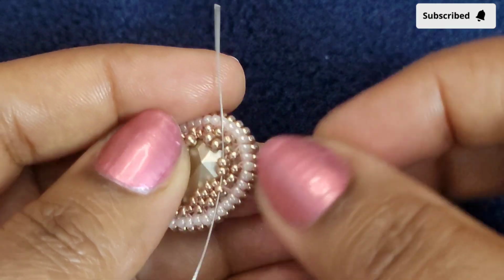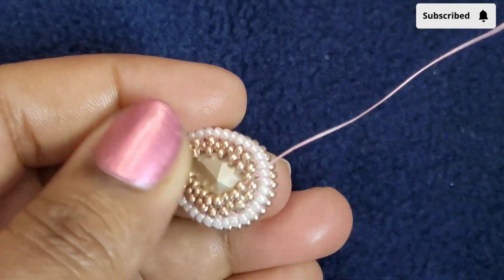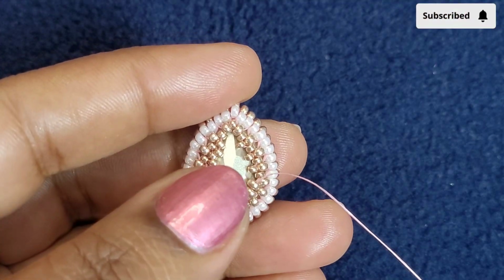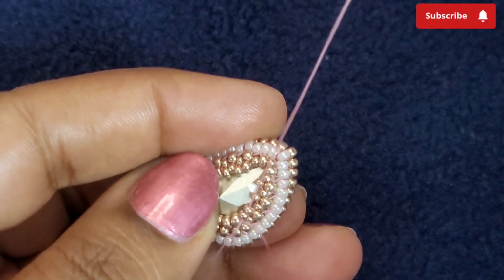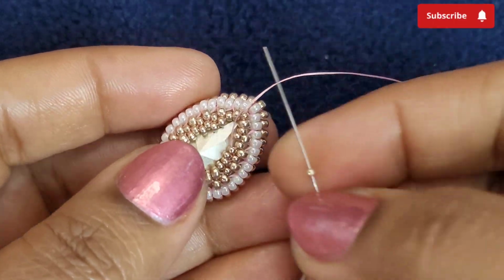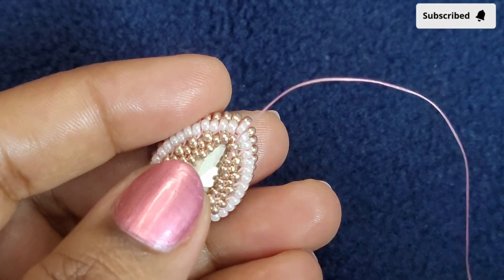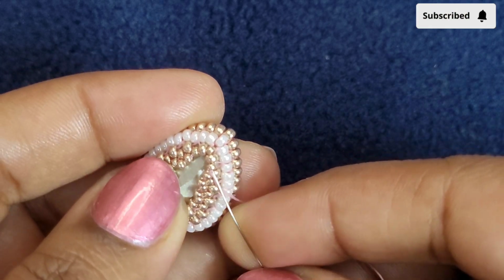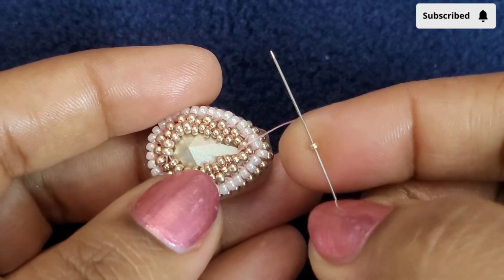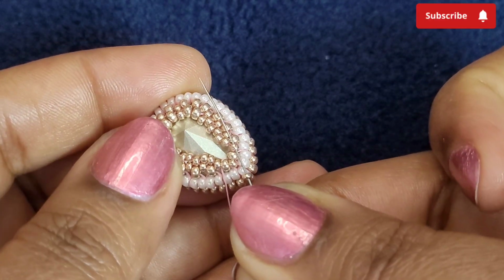2 11 that I added, fourth 15 champagne into the 2 11 that I added at the bottom, fifth 15 champagne into the 2 11, sixth 15 champagne, seventh 15 champagne, eighth 15 champagne. Now after adding these 8 15s, down through this 15 champagne, picking up 1 15 champagne and into this 15 champagne on the other side, just next to the 11,